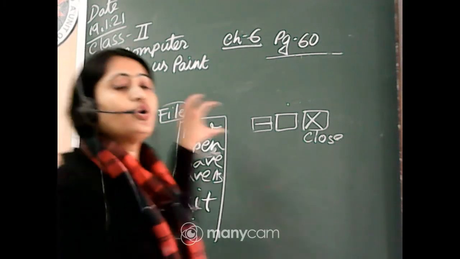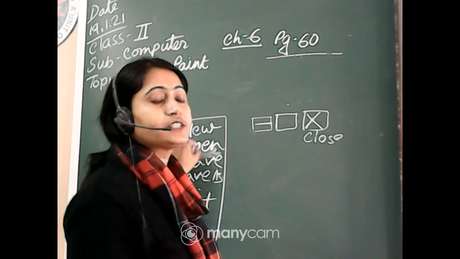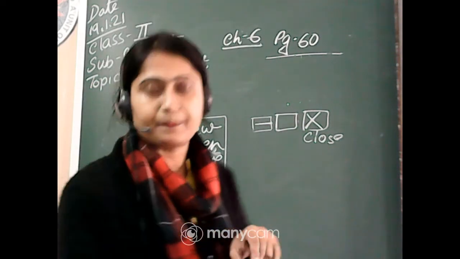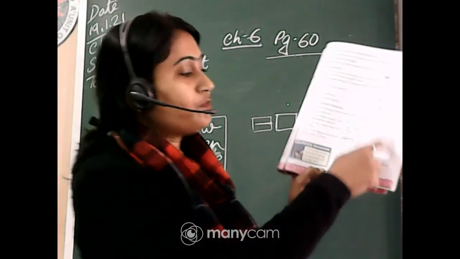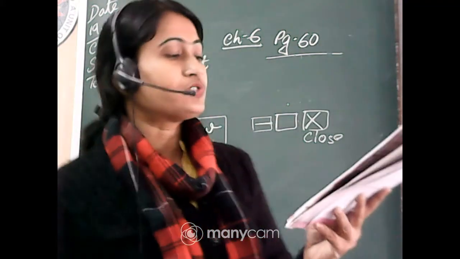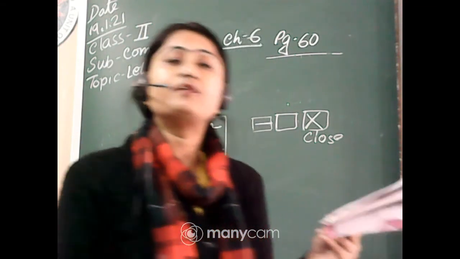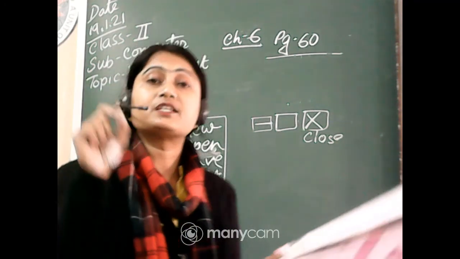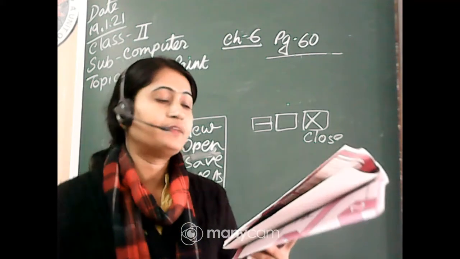If you want to open your existing file, click the file tab. Under the file tab you just click open. When you click the open option, the open dialog box will appear. There you select the file name from the list of files which you have saved in Paint. All the file names will show over there. In the list, which one you want to open, you just click on that particular file, and that file will be opened.